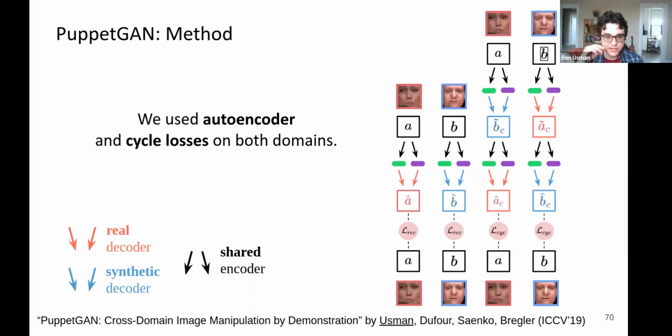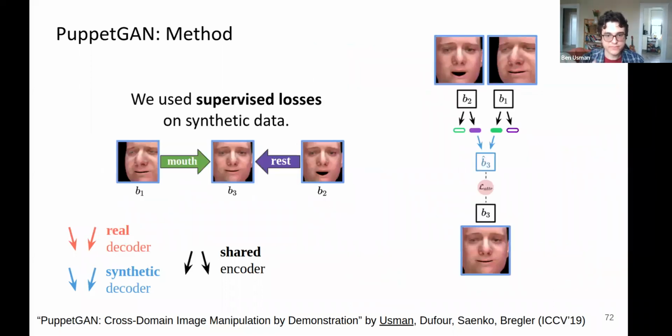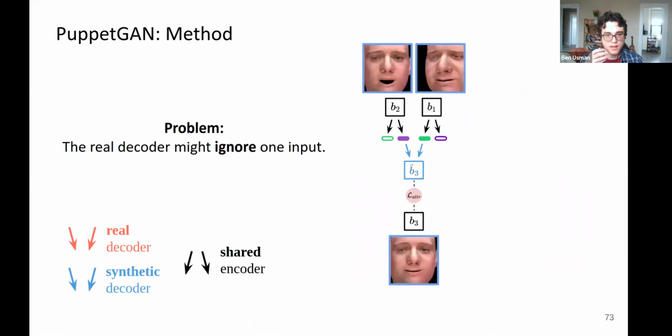We first use some standard reconstruction cycle losses to ensure that each attribute of the input image is indeed at least encoded somewhere, either in the purple or the green embedding. And we also used adversarial losses to enforce interchangeability of those embeddings, essentially enforcing realism of all outputs regardless of whether the embedding is extracted from real or synthetic faces, and enforced explicit pixel supervision in the synthetic domain using available triplets. Since we know that combining mouth from B1 and everything else from B2 should result in exactly B3, we enforce it explicitly. With the losses I outlined before, the synthetic decoder, of course, must use both of its inputs